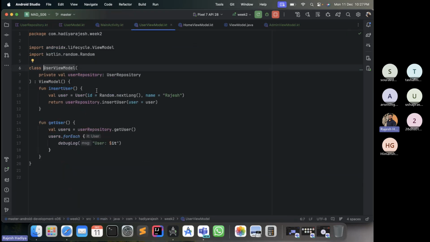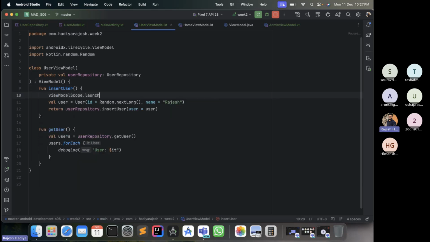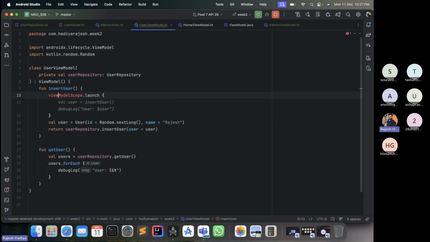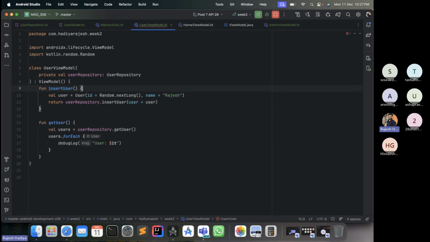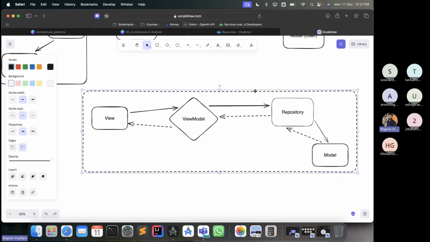And as you can see in these view models, I am not able to access the viewModelScope as well, which should be present. Okay, but I think it's not working. But anyway, let's focus on the main part. View model we'll see. So this is done, and now